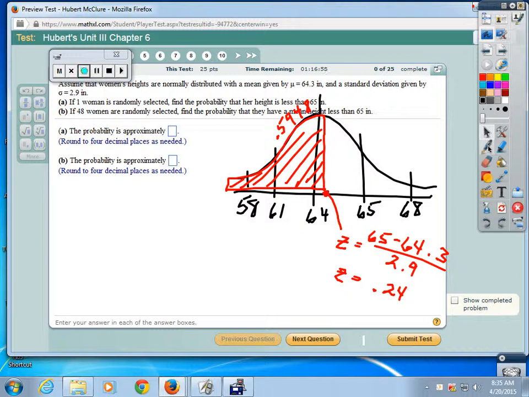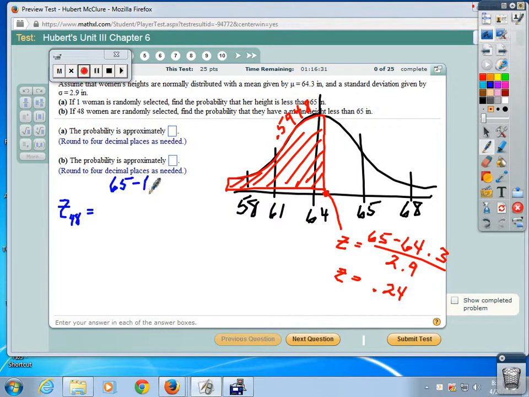This is one woman, this is 48. So you just have to change the z-score. So let's do it in blue. So the z of 48 is equal to